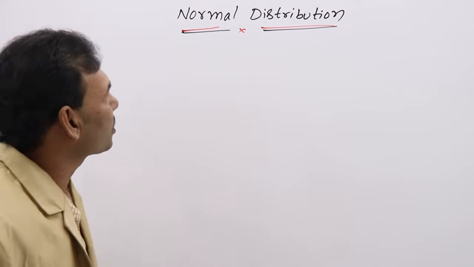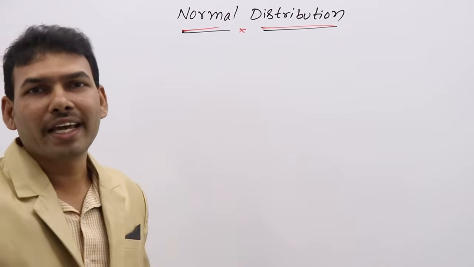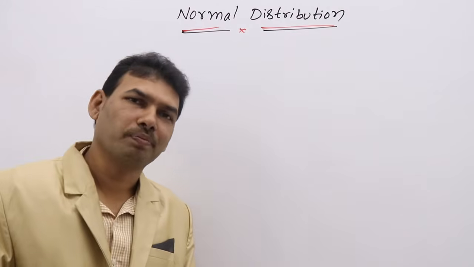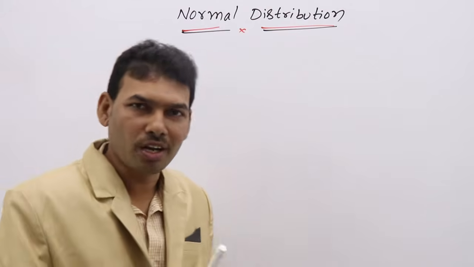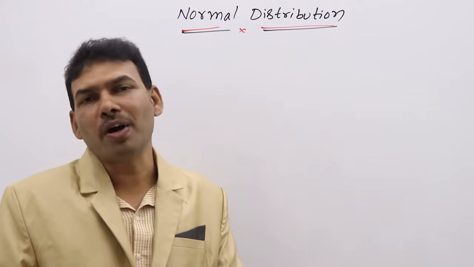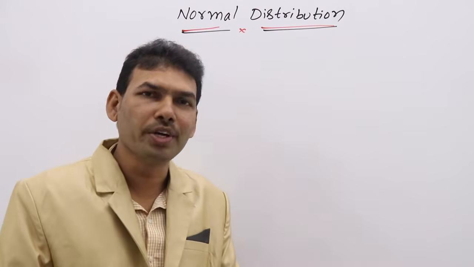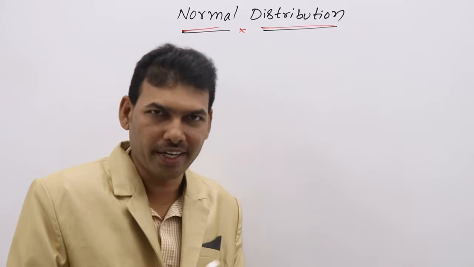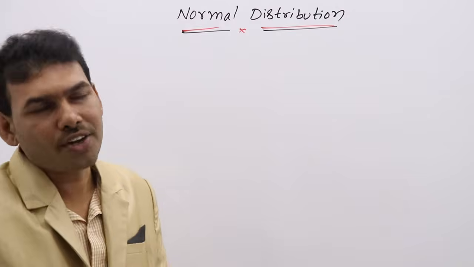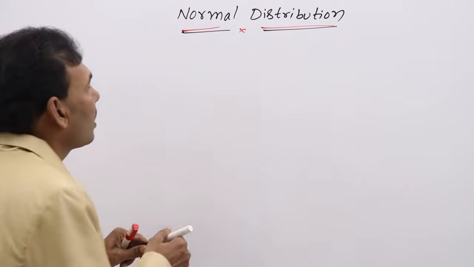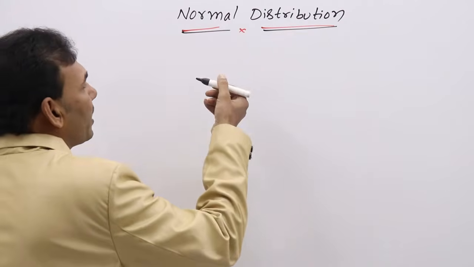So, normal distribution. This is a continuous probability distribution. We have three distributions we are discussing now: binomial, Poisson, normal. Binomial and Poisson distributions are discrete probability distributions, but this one is different. This is a continuous distribution. Continuous distribution means a continuous random variable x,